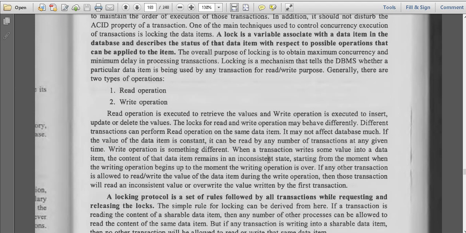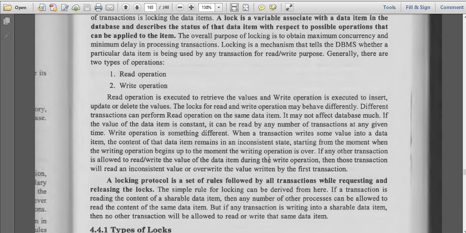So the total value should be 70. But in some situations it may be 60. Why? Because whatever the last transaction which has occurred is updated, but the previous transaction isn't updated. So in this case we will face some problems at the time of write operations. We won't get any conflict with read operations. That is the basic difference between write and read. When we are reading a value, it won't be a problem, but we have to face a problem when we are working on write operation.